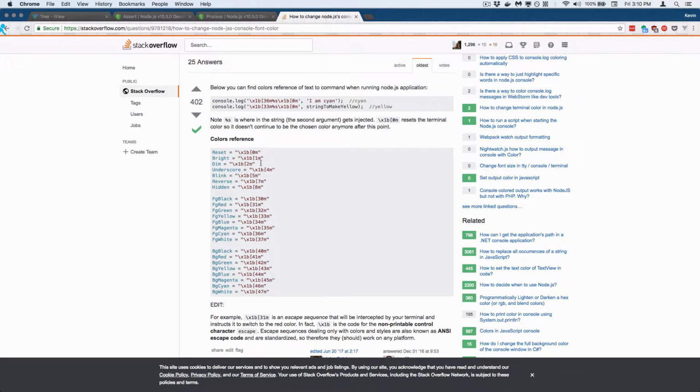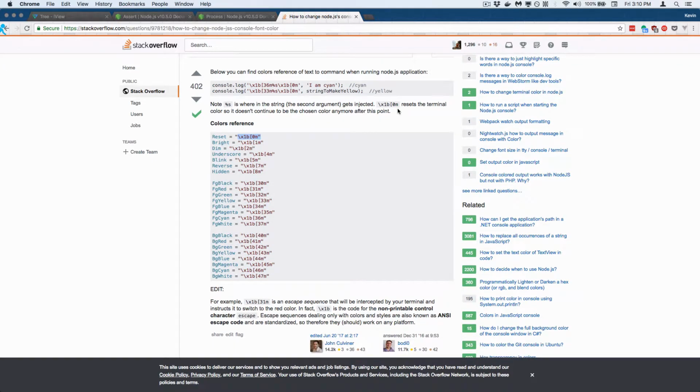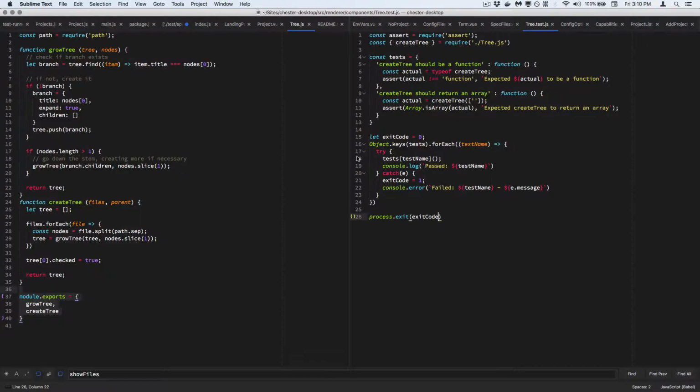So what those packages do is they use these things called escape sequences. Is that what they're called? Yeah, I think they're called escape sequences. And they just change certain parts of the color. So there's this escape sequence called bright that we can set. So I'm going to take that and